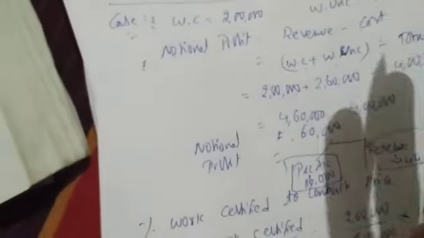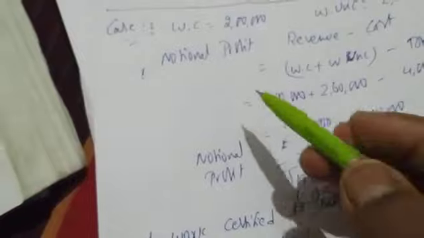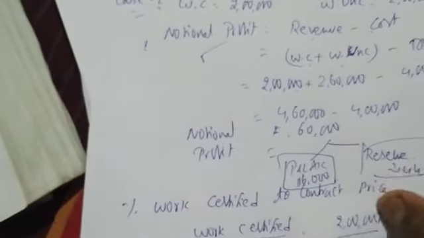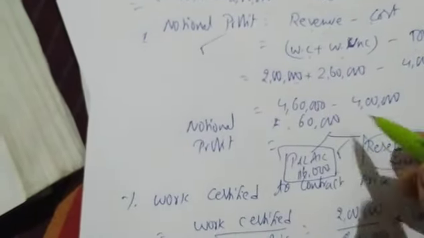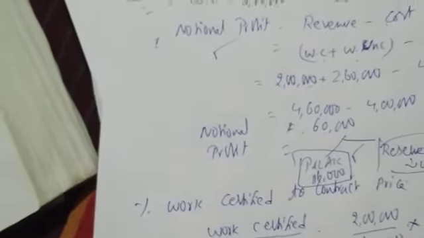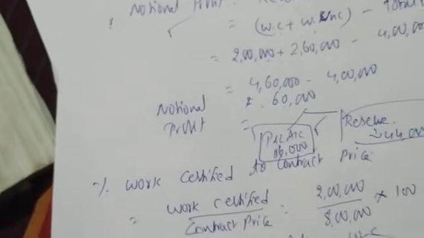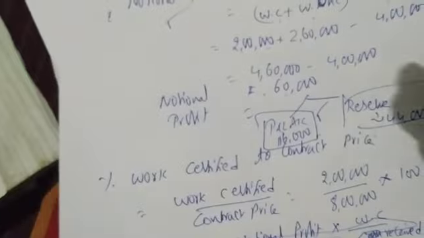Once you know how to find out the notional profit, and how much to be transferred to profit and loss account, the balance will be transferred to reserve. That's it. This is the main thing where you have to focus. This is a concept. Once you understand this concept, you can solve any problem. Okay, let us go to case number 3. One more case we'll understand.